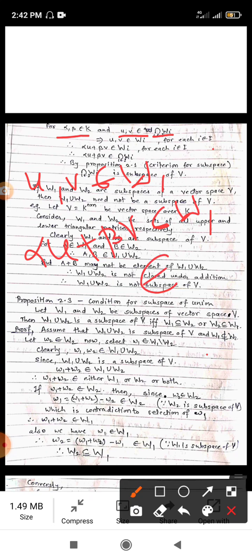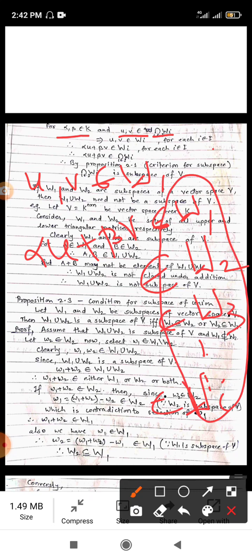Similarly it belongs to W2, it belongs to W3 and so on, it belongs to Wi for each i. Therefore it is a common element, so it belongs to the intersection of W1, W2, W3 up to Wi. So by Proposition 2.1, the criterion for a subspace, the intersection of Wi is a subspace